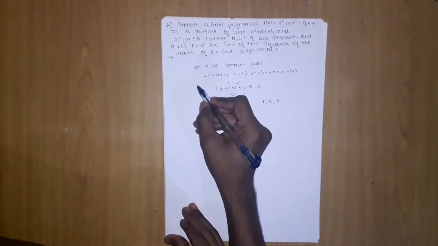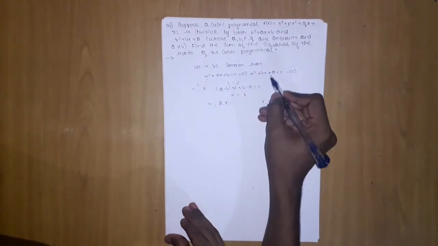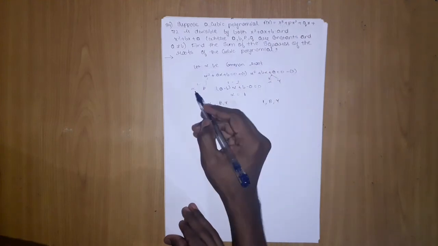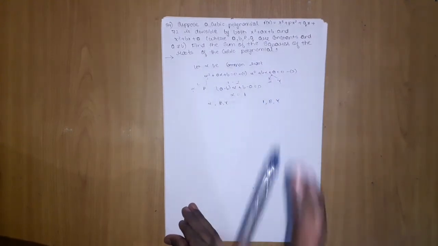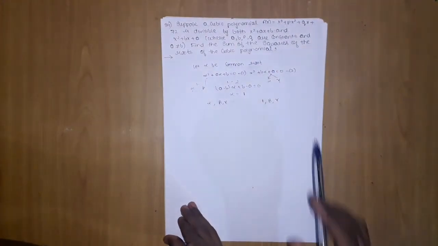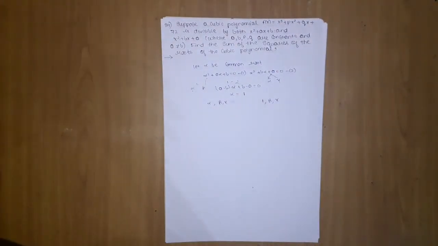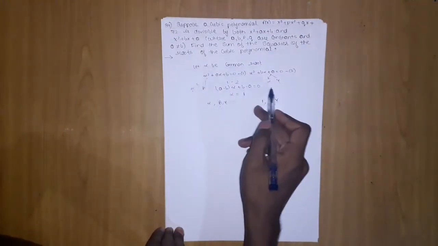If this one has root alpha and root beta, and the other has root alpha and root gamma, the alpha root is the same, and beta and gamma will be the next two roots of this equation because they can divide. If both can divide, then the cubic which is divided will have the same roots as the equations which are dividing it. If you divide a 4-power equation by a second order equation, the 4-power equation has two roots same as that second order equation. The same concept is here, so the left two roots will also be the roots of this.